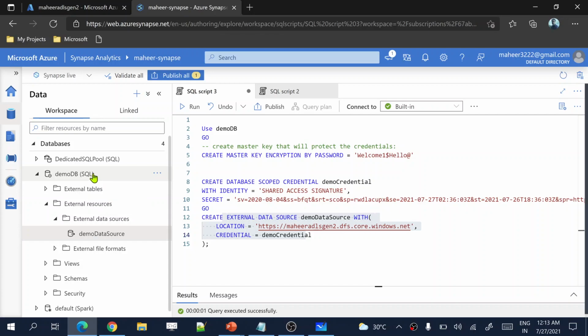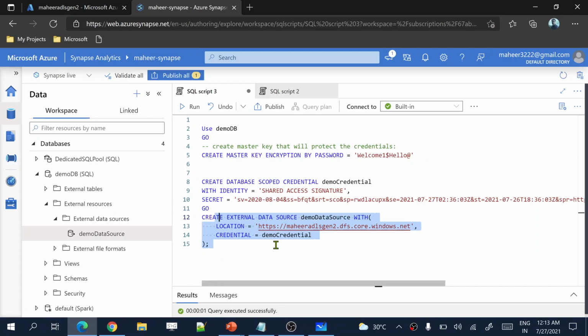When you are writing a query on this database demo DB, and that query is asking you to get the data from data lake storage Gen 2, how does that happen? This is a separate DB and ADLS Gen 2 is a separate storage. So how does that magic happen between these two? It is because of this external data source only, which helps you communicate and get the data from that ADLS storage. External data sources allow you to connect with external data sources and query the data from those storages.